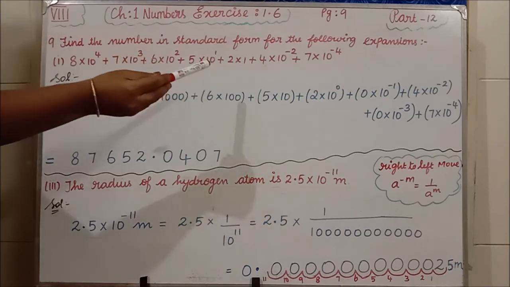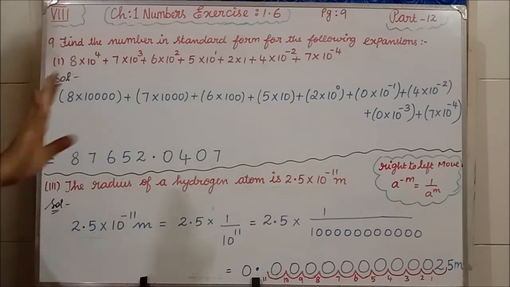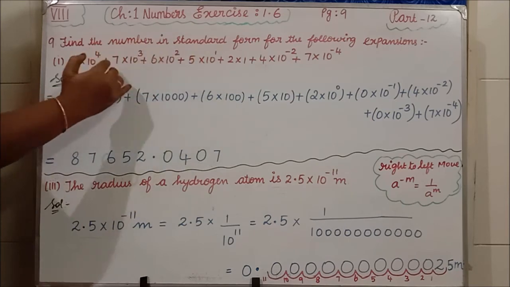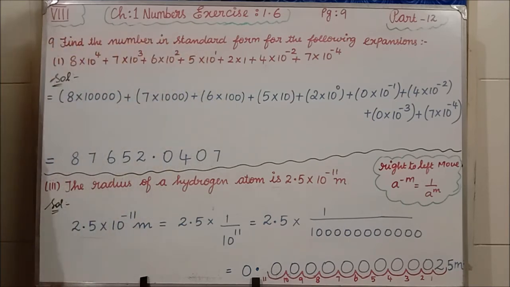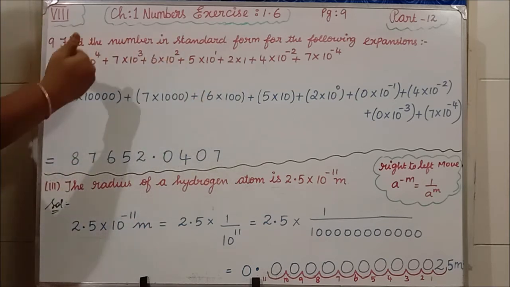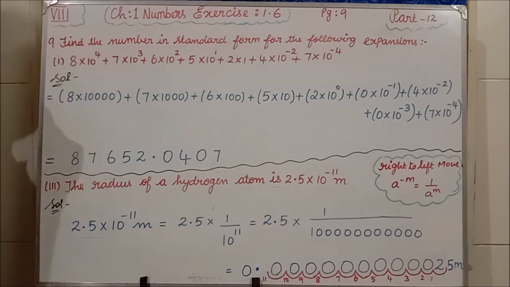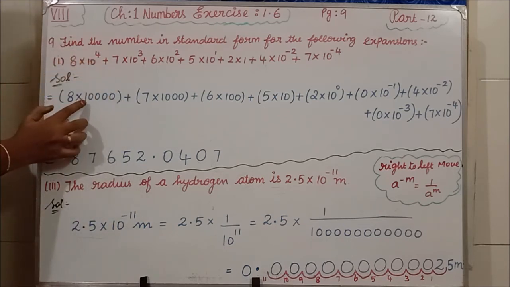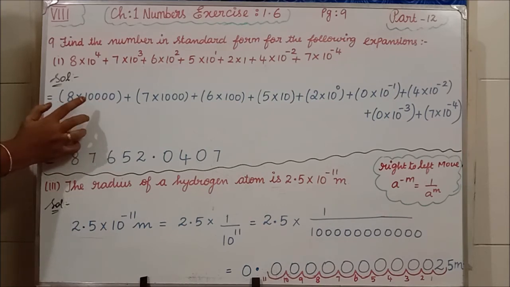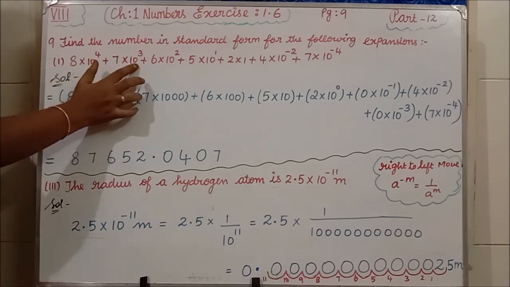Afterwards, if you see the power, minus we are having. So we'll leave that minus now. Before that it is in the correct order. It has to be reduced. Correctly it is reducing, isn't it? 4, 3, 2, 1, 0. It is correctly coming. Okay, now I am writing that alone first. 8 into 10 power 4 means what? 10,000. 10 power 4 means after the 1 you have to get 4 zeros. 1s, 10s, 100s, 1000s, 10,000. So 8 into 10,000 plus 10 cube means what? 1000.